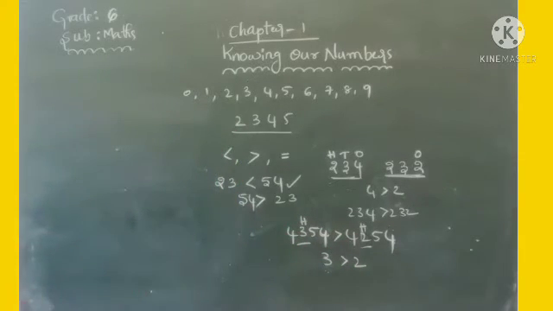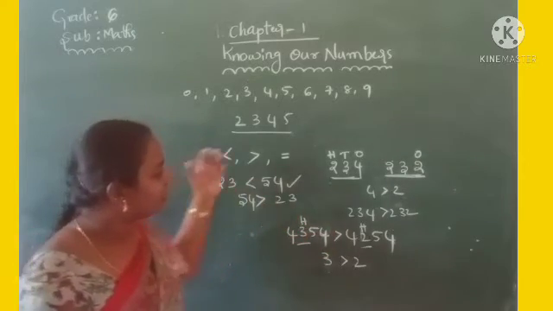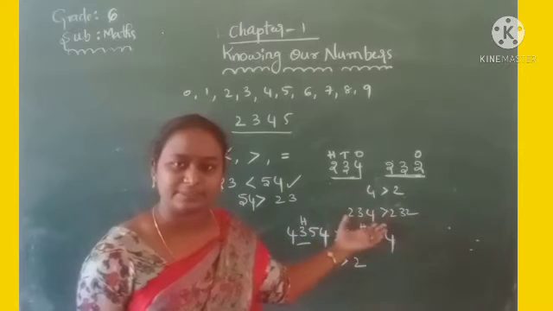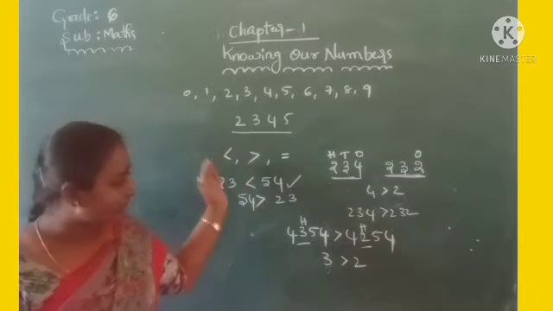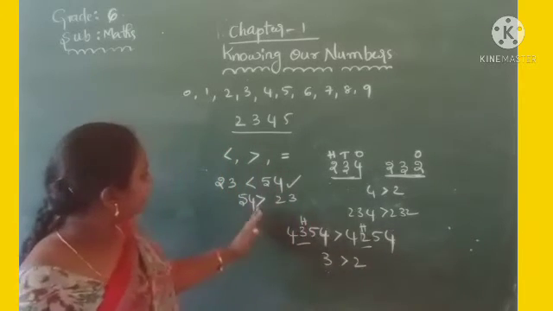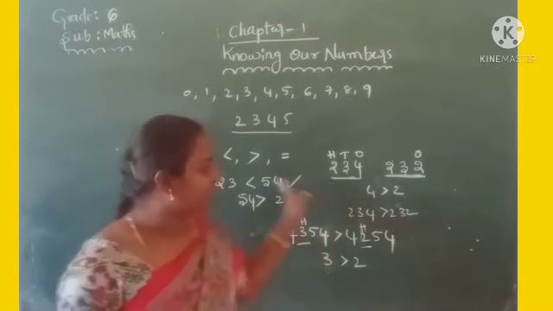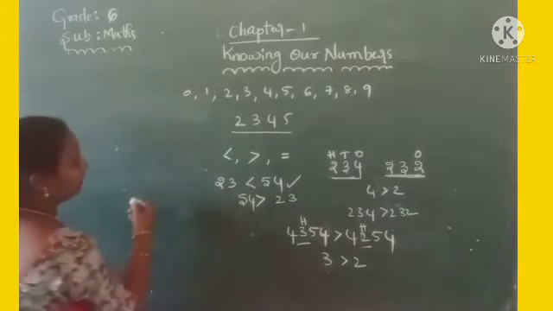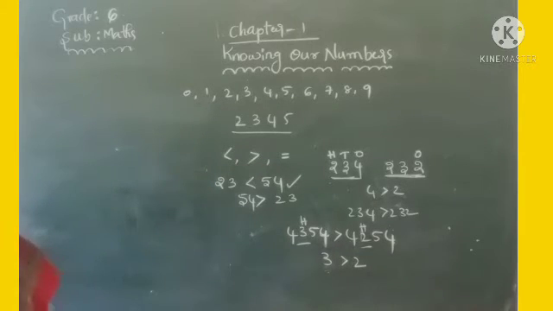So not only that, we can compare 5-digit numbers, 6-digit numbers, any number of digits. First of all, check the ones place, then tens place, hundreds, thousands. Like that you compare each digit, and after that you show the symbols: less than, greater than or equal. Right? Using 3 digits, how many numbers can you make? Now 4 digits or 5 digits. How many numbers can you make?